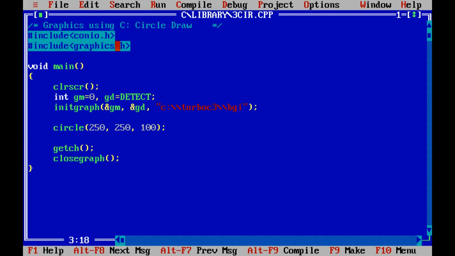Now I discuss graphics.h. Why is it used? Here I call a function initgraph. Because I use initgraph, this header file is needed. Graphics.h is needed. Now, what is the function of initgraph? Initgraph stands for initialization of graph. That means